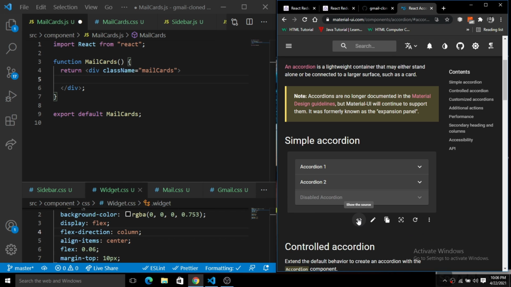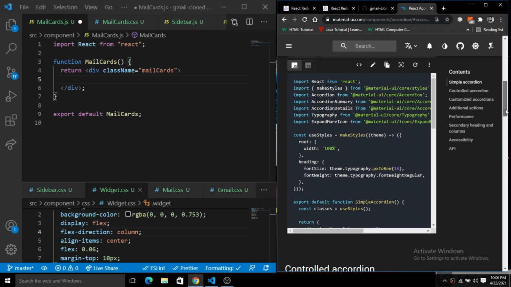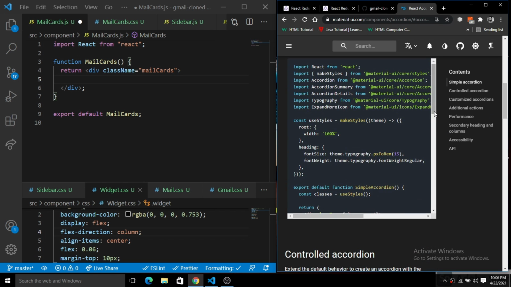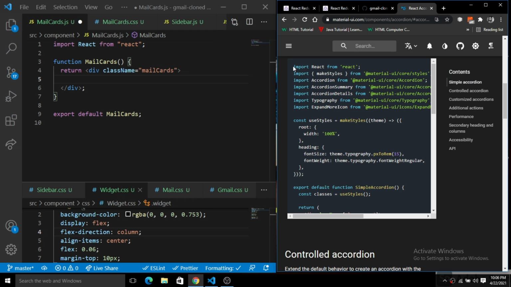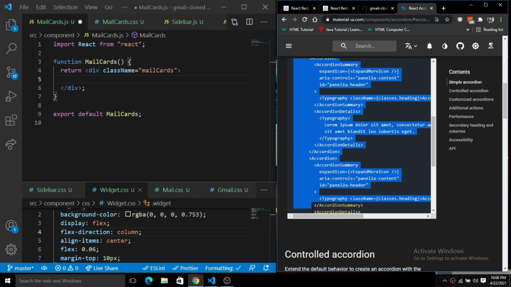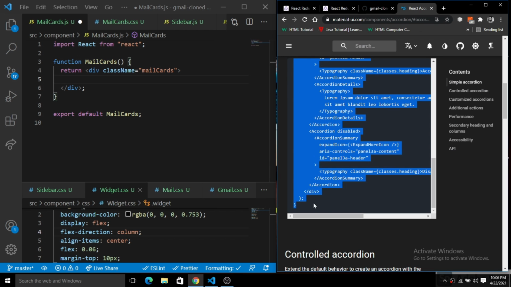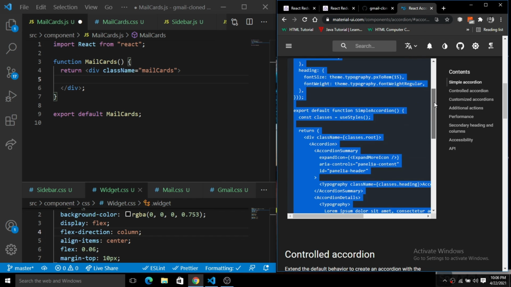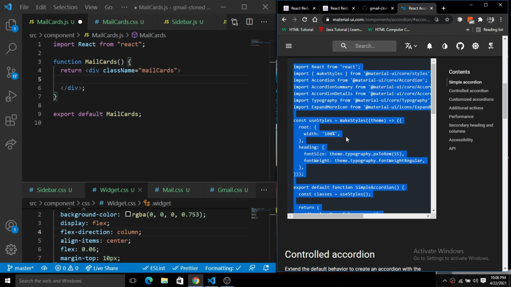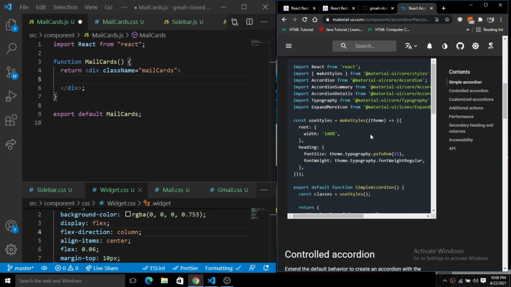Just click on the code, and now you can see we have a sample code for the accordion. Just copy this whole code and paste it here in the mail card.